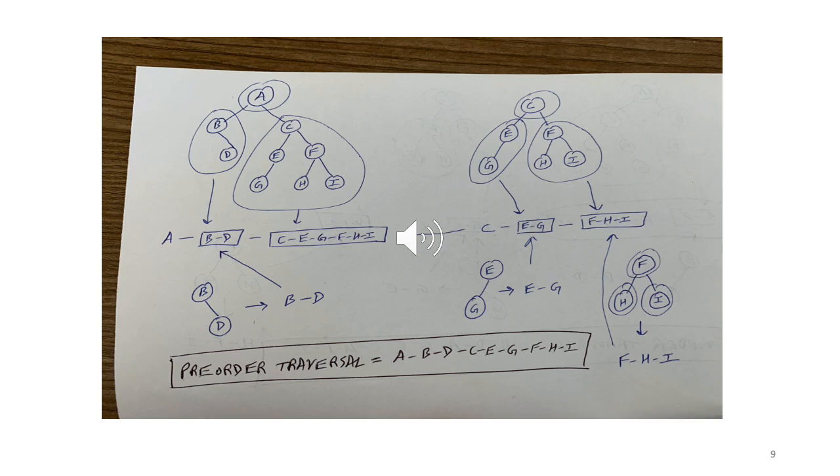So now, we have BD. So now ABD is clear. Now we need to fill the last box. So again, we do the calculation, so now we're looking at the tree with C as a root. Tree rooted at C. So we've drawn that. Now recursively we apply pre-order, which means now we divide it into three parts: root, left subtree, right subtree.